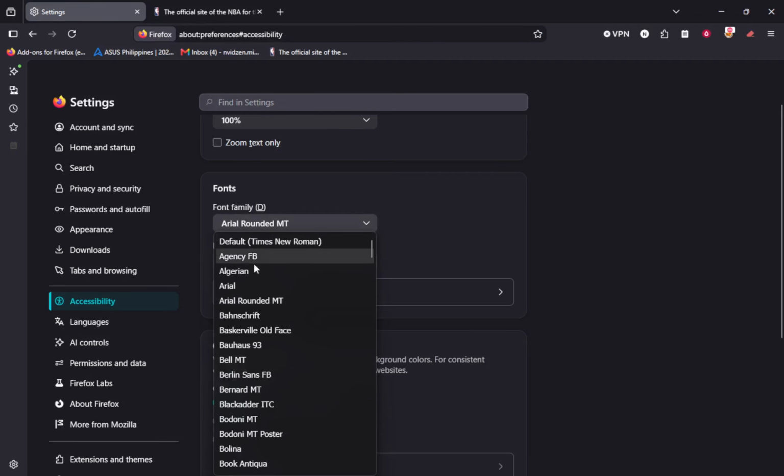You have now adjusted Firefox font settings and also learned how to let sites use their own fonts or force